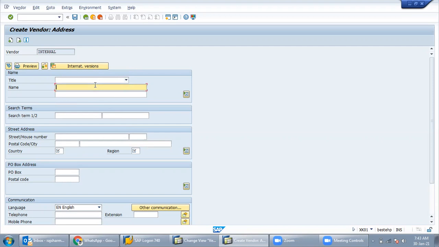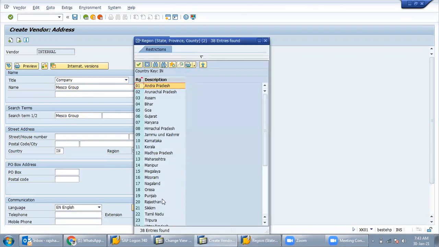Right. So now we are creating vendor master data. Suppose our vendor is Mesco Group. This is our vendor name. Just click on company. This is Mesco Group, and the country is IN. Region is, say, for Orissa.